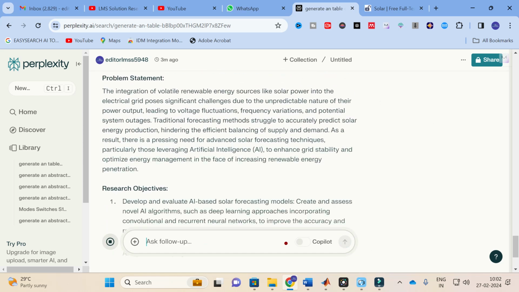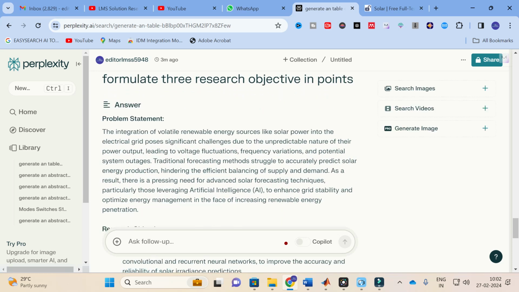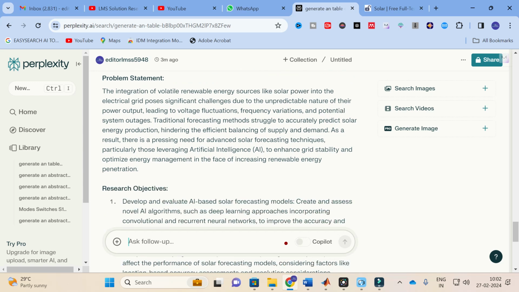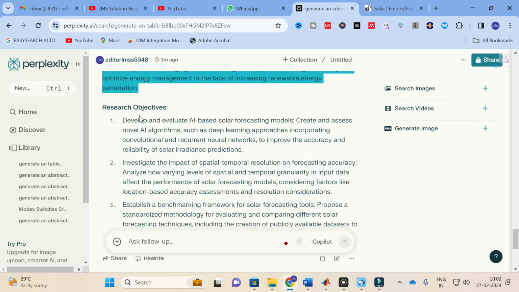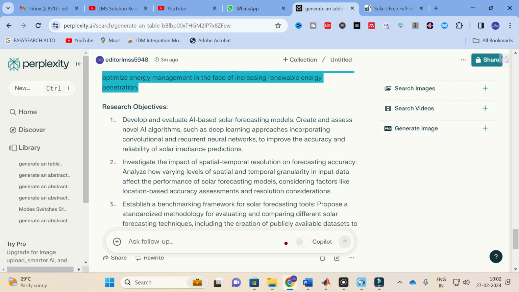Here you can see that the problem statement is also generated. The integration of volatile renewable energy sources like solar power into the grid poses significant challenges due to the unpredictable nature of their power output. Like that it will generate a problem statement here, and then it will also generate the research objectives in points as we asked.